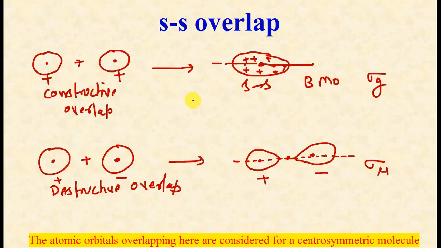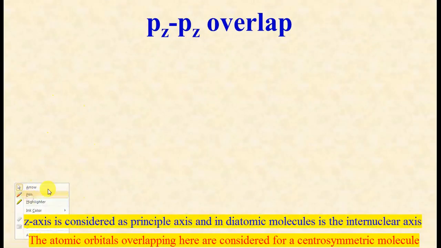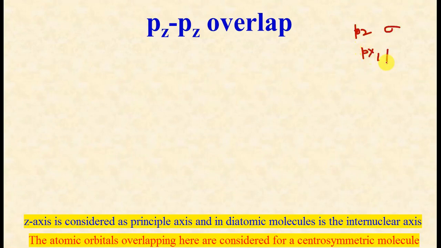So ss overlap results in the formation of two types of molecular orbitals: bonding orbitals, formed by constructive overlap, and anti-bonding molecular orbitals, formed by destructive overlap. Because the anti-bonding orbitals are not symmetric about the center of inversion, we have the sigma u representation for them. As far as the p orbitals are concerned, we know there are two sets of p orbitals. Pz orbitals result in the formation of sigma bonds. Px and py orbitals result in sidewise overlapping, and hence lead to the formation of pi orbitals, bonding as well as anti-bonding.